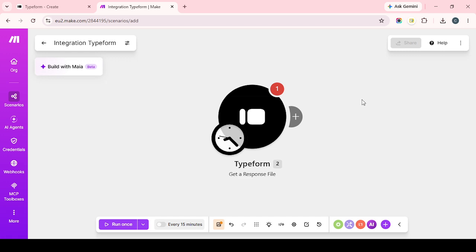This final step turns the automation on so it can begin listening for new Typeform submissions in real time. After activation, it's a smart idea to test the setup by submitting a sample response through your form and confirming that your downstream actions run as expected. That's it. You now have a Typeform